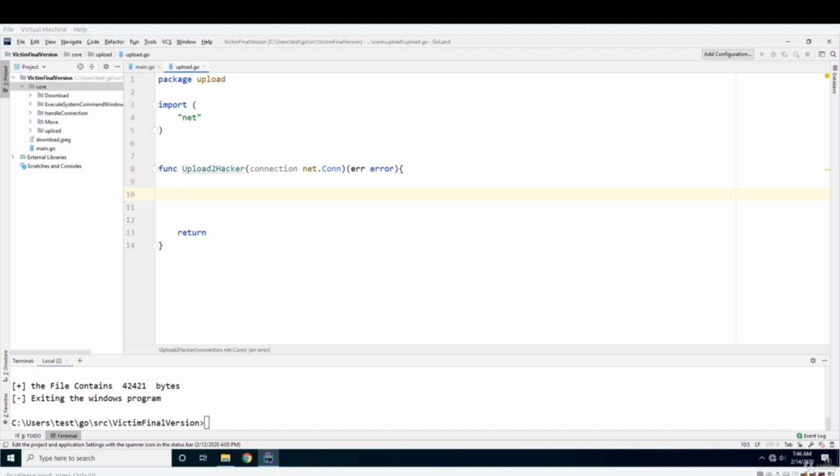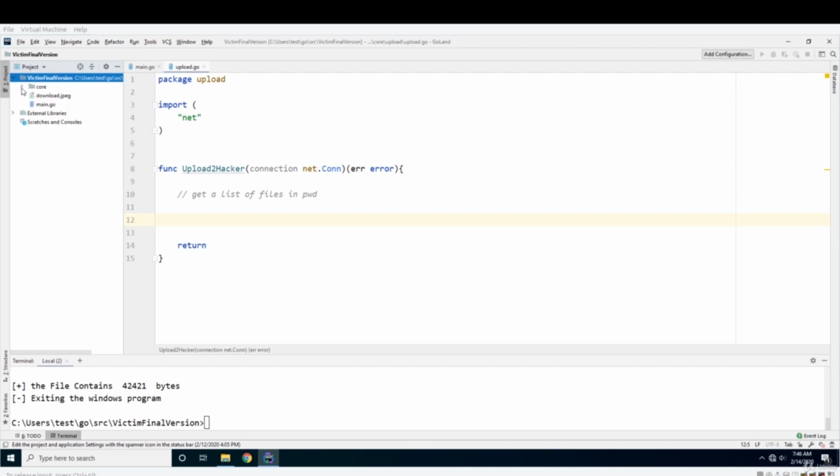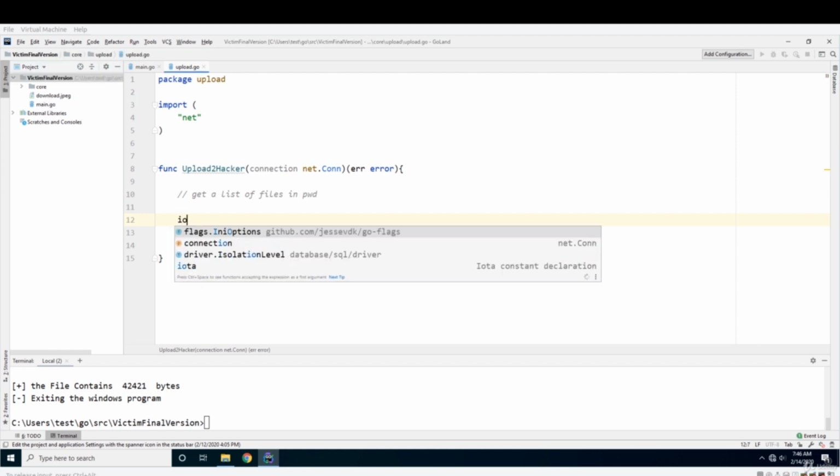So the first step is to get a list of files in our present working directory. Our present working directory is this one, which is victim final version. So we want to get a list of files present in this one. It has 3 files: core, download.jpg and main.go. So we can use